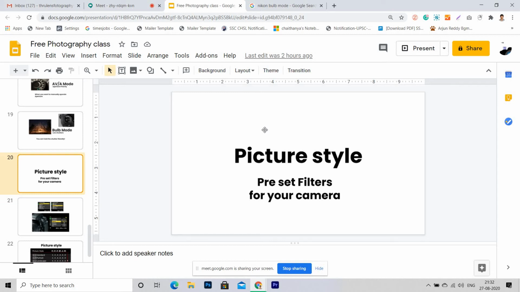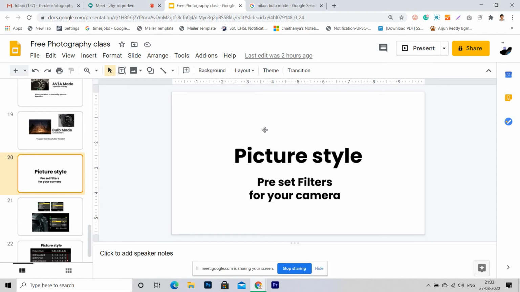I'm not going to talk about white balance and auto white balance. Why? Because in any camera, any photographer you go and ask, they'll just ask you to go with AWB, which is auto white balance, which will be a default functionality for any camera mostly. That's very good. Do not touch that auto white balance unless you're trying to click a hot kind of climate, or if you want to give any bluish color, then only go for white balance.